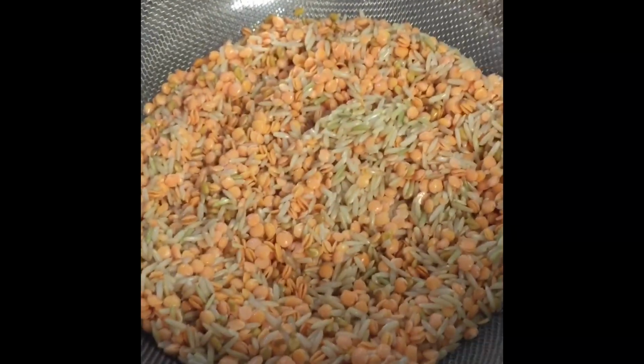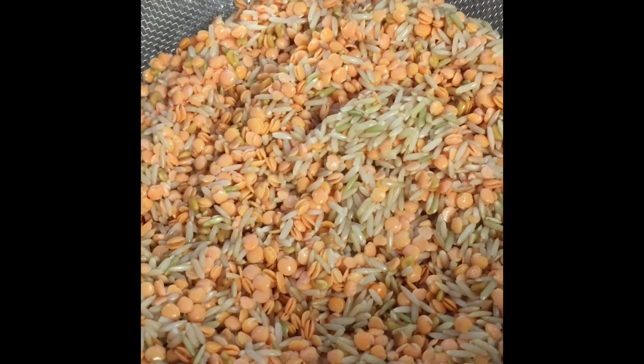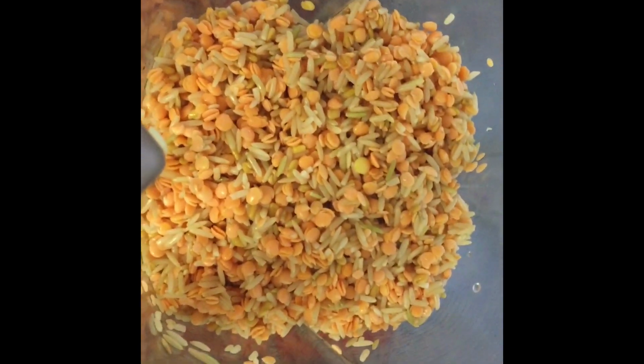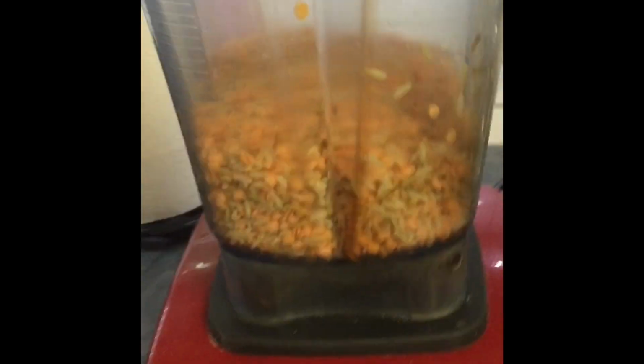All right, my lentils and rice are drained and rinsed, and I'm going to get those in my, I think I need 2 hands. All right, my lentils and rice that are softened from sitting in water all day are in my Vitamix. And if I start my Vitamix, it'll actually start